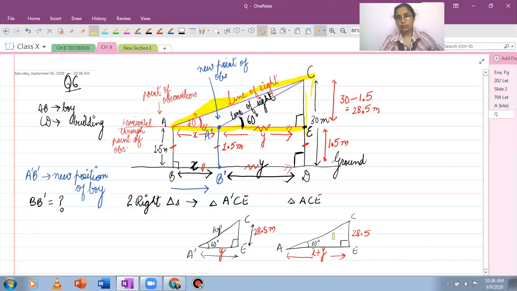In this, if you have to write the base, it will be x plus y. Height of this triangle is 28.5 and I have shown it here. So this is the triangle, the one I've highlighted in yellow. And then the second one I've taken is with the base A dash and C. So this is the second triangle, the one I have shown. And I have written the dimensions for this also. You want to apply your T ratios in these two triangles. So just observe and see which T ratio will help you find out X and Y.